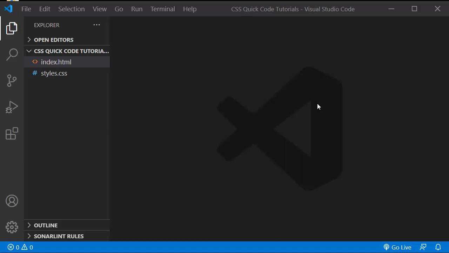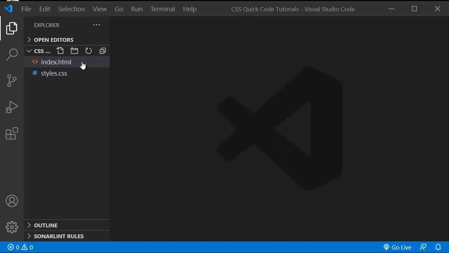And today we are going to work on our text element, or you can say we are going to work with text property in CSS. So there are many kinds of properties related to text. So let's do it. So this is our index.html and this is our styles.css as we created in our previous